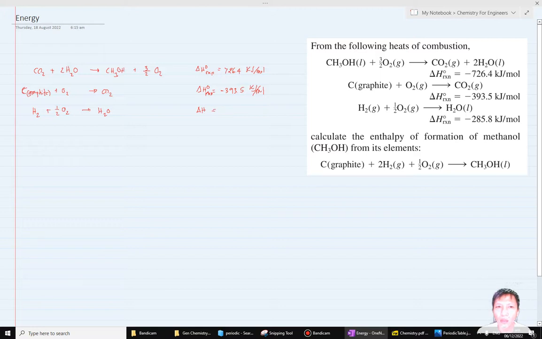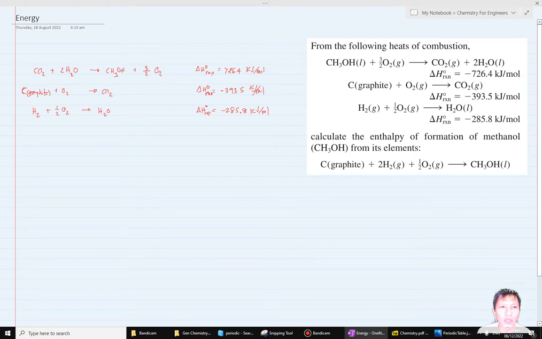That's an exothermic one. The standard enthalpy of reaction is a negative 285.8 kilojoules per mole. So if we sum this up,